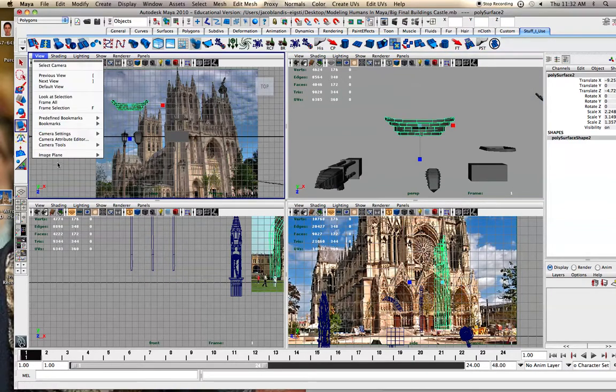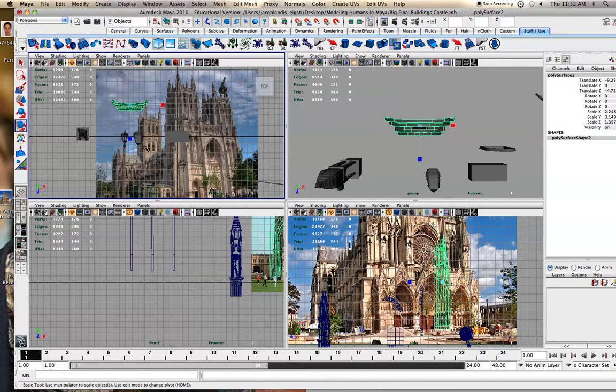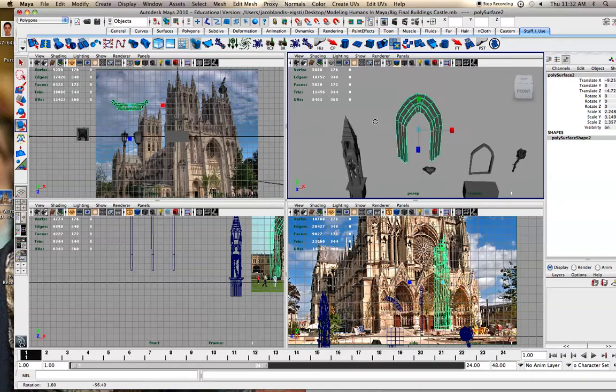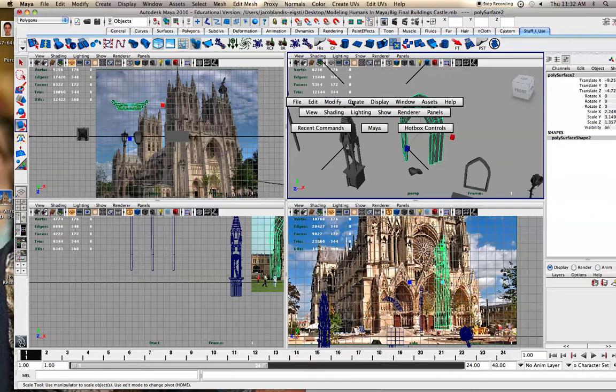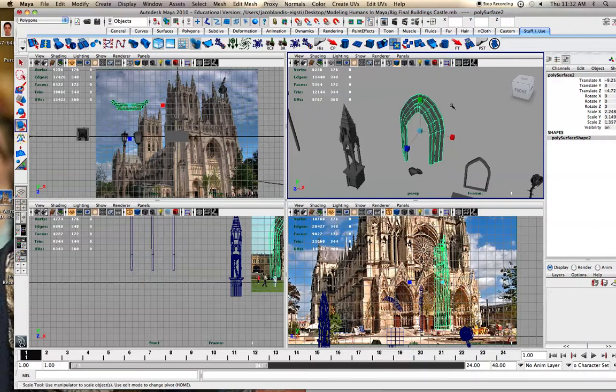You can go view and set up your image plane. I put in just some reference of kind of a cathedral, just sort of some inspiration for modeling. And so yeah, you have a lot of those. If you hold down the space bar, you can access a lot of things from there. Also, right clicking,